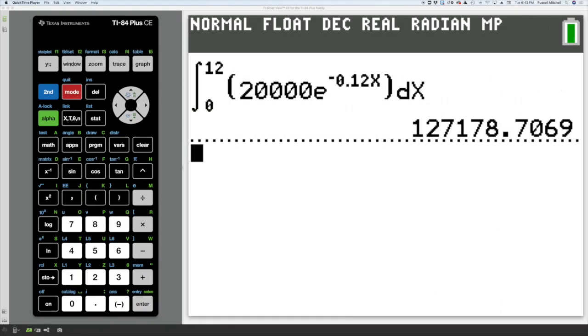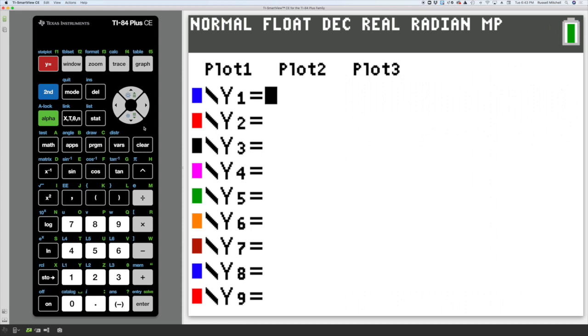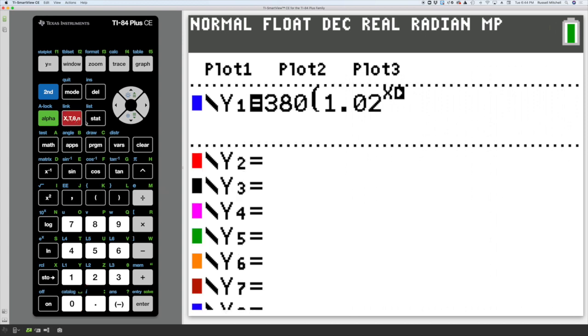What you want to do is go into y equals and type in the f prime of t function. So that'd be 380, then parenthesis, 1.02 raised to the x, coming out of the exponent. Then we have to minus the g function, so I'm going to use a parenthesis. You yourself could have just distributed the negative with the 240 and the minus 240 sign, and that would be fine. So parenthesis, and then 240,